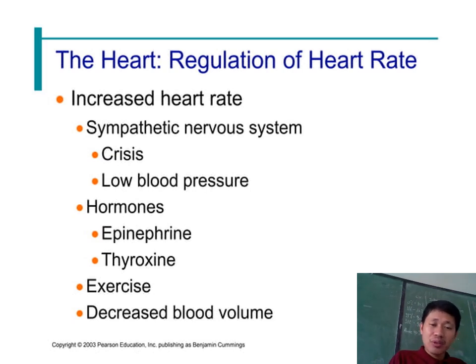You should know that. Hormones, like for example epinephrine and thyroxine, are hormones that will increase the heart rate. You should also know this, class. Especially when the patient in the ER, for example, is having a very low heart rate, then the doctor will usually give epinephrine because those hormones, those medication, will increase the heart rate of the patient. Exercise increases the heart rate. That's pretty obvious, right? Which is also very important for the health. Once in a while, we need to exercise to increase the heart rate, to increase the cardiac output temporarily, or have a better circulation.